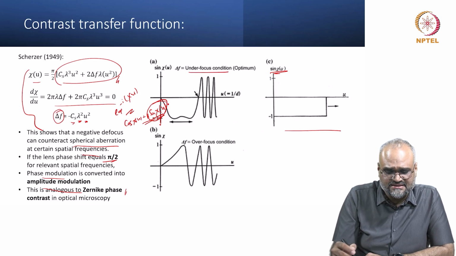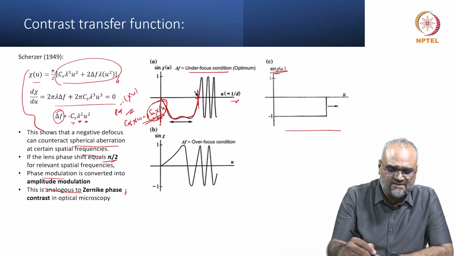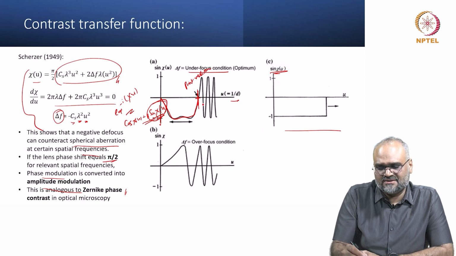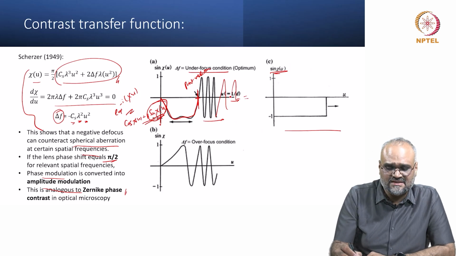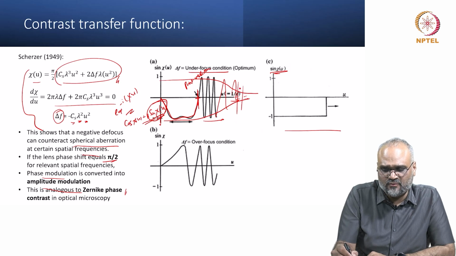In the under focus condition, you see this at -1, and at the point where this intersects the spatial frequency axis, this is called the point resolution, and you would see that these phase shifts would go like a function which dampens out after a distance, and at the distance where this becomes more or less 0, so if I call this an envelope function, this eventually dies out like this, and somewhere here this is called the information